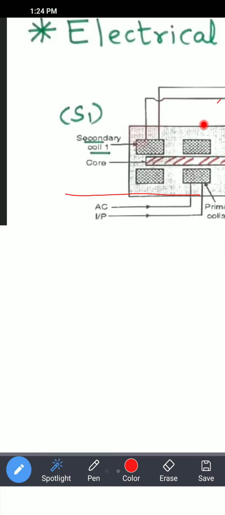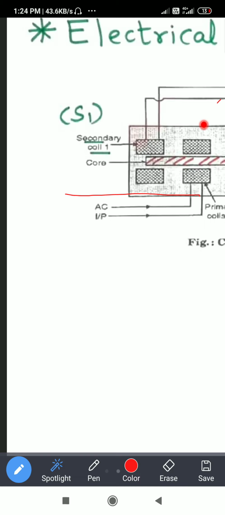So see, this is the 2D diagram. With the help of this 2D diagram I will try to explain how it works. If you turn your screen in this way, hold the screen and turn it in a vertical direction, you can see that this is the soft core. In the mobile I am getting a very different view now.